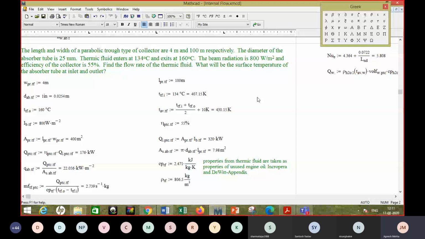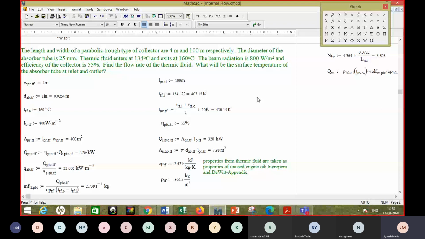One of the important reasons from a thermal point of view is that the losses from the collector are dependent on the temperature of the absorber tube, or absorber tube surface temperature. The higher the temperature, the more the losses. So one might be interested in a lower absorber temperature. This could be one of the reasons why one is interested in the absorber tube surface temperature.